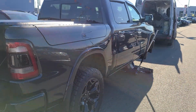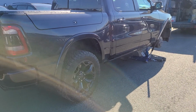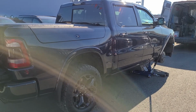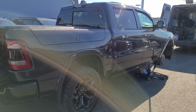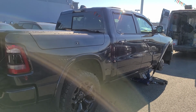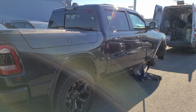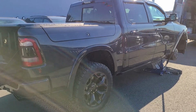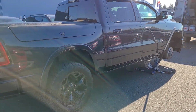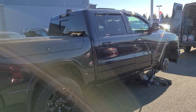Truck's doing great, guys. What else? Anything wrong? Oh shoot, I forgot to tell you guys. I had a couple of black screens on the screen. Everything else was working, but the screen went black for some reason. So when I got home, I shut it off. The next morning it just popped on again. Don't know why that happened, but it happened twice already. So next time I'll take a video of it and show Ram, see what they could do, but it hasn't